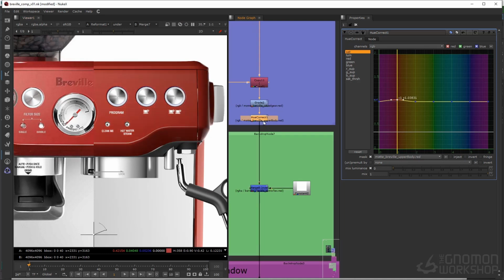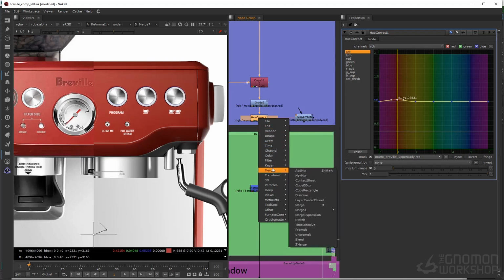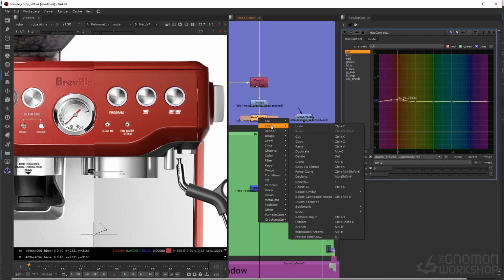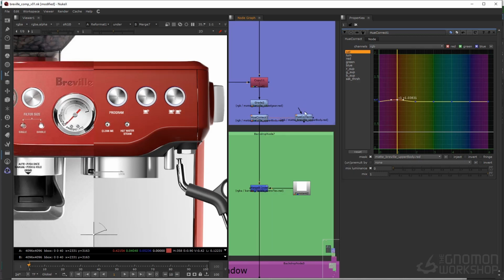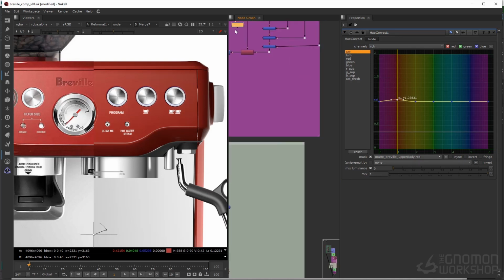Then what we could do is make a clone. I think it's Alt K, or you can also go edit clone, Alt K. So that when we do one, it affects the other one, and then here we can connect this to the bottom renders,